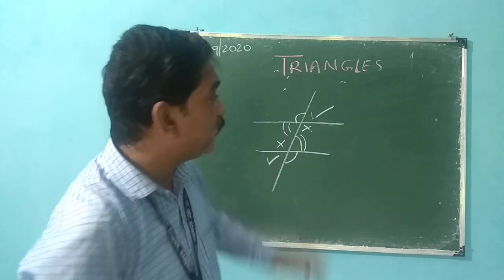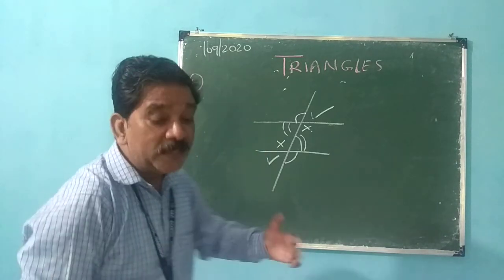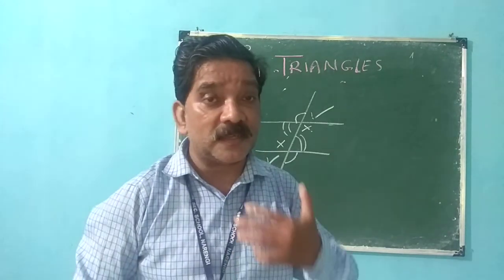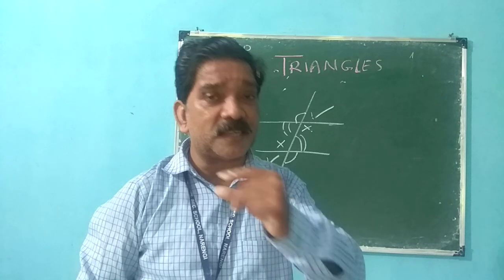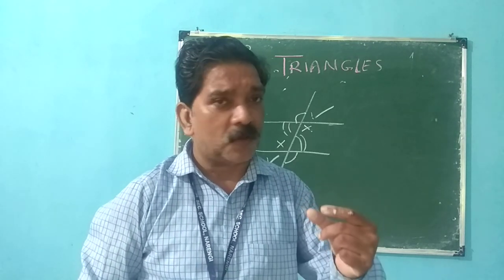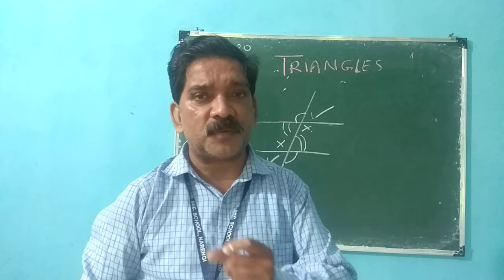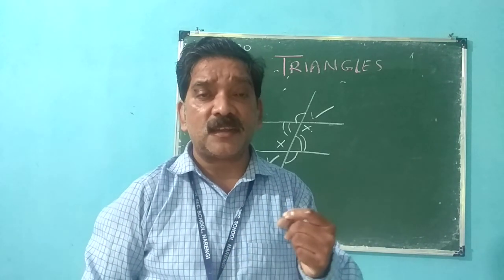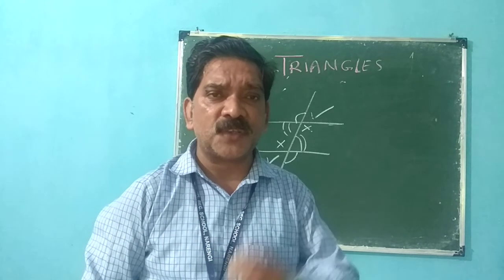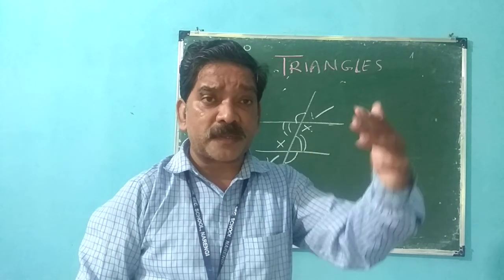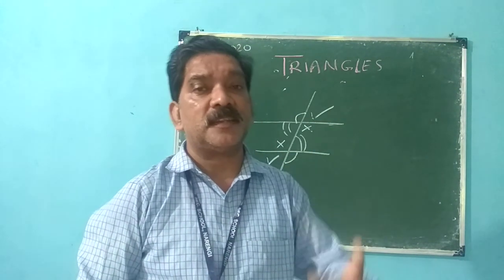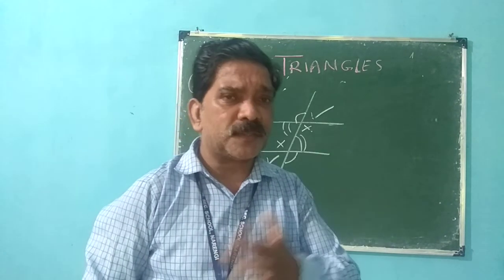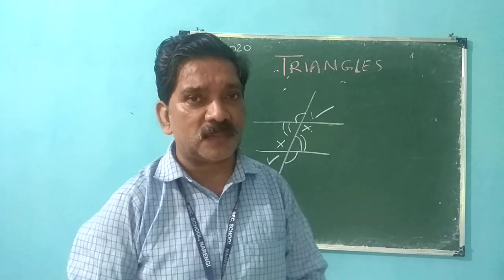My dear students, whenever you do questions on geometry, please follow the theorems, please follow the statements which are given in the book. Like for example, angle sum property of a triangle, exterior angle of a triangle is equal to the sum of two interior angles. All these things you keep in your mind. What are parallel lines, which lines are parallel, can I apply corresponding angles, can I apply alternate angles? Based on all these things you solve the questions.